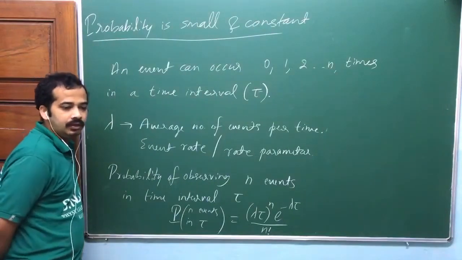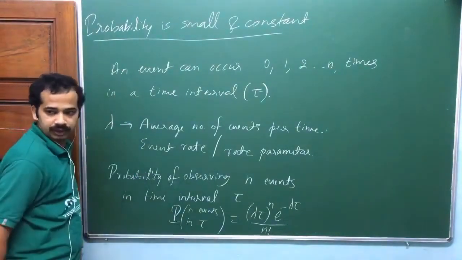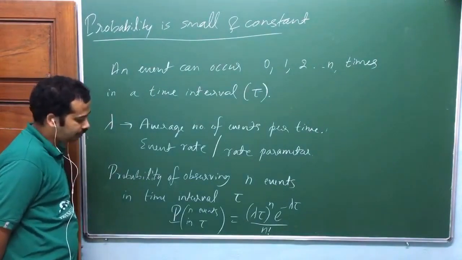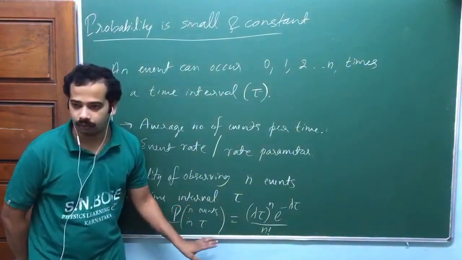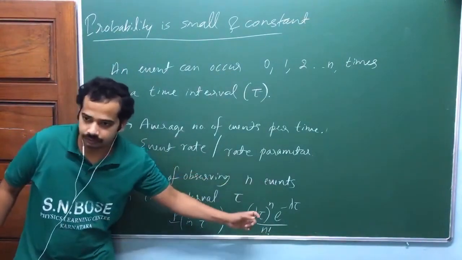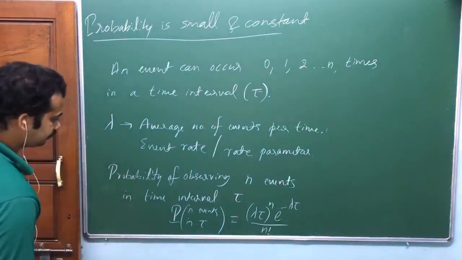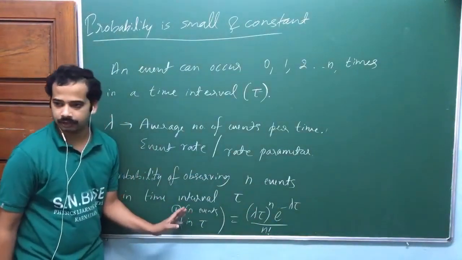Wait. Here, while applying this one, we will not talk about number of trial, okay? While applying this one, we just talk about probability of getting n events, okay? If you start with binomial distribution, if you go for this one, then you talk about number of trial. Okay, let me talk about that one. Here we don't talk about trial. Are you getting my point?